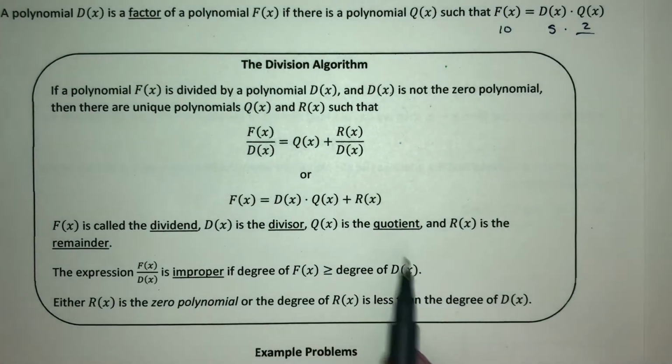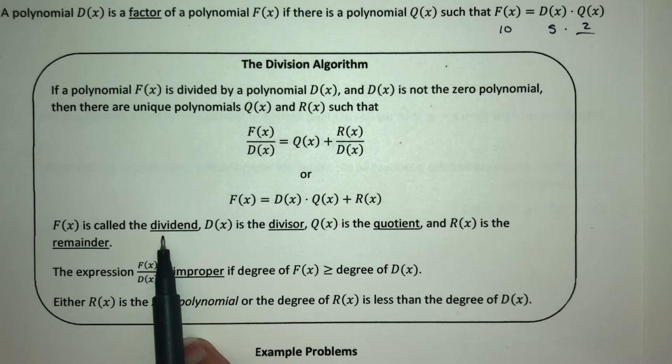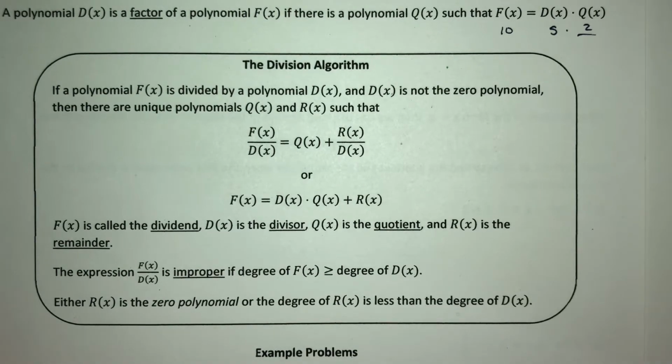Now, in words, f of x is the dividend. That's what we are dividing. D of x is the divisor. That's what we are dividing into f. Q of x is the quotient, which is generally speaking the answer to a division problem,